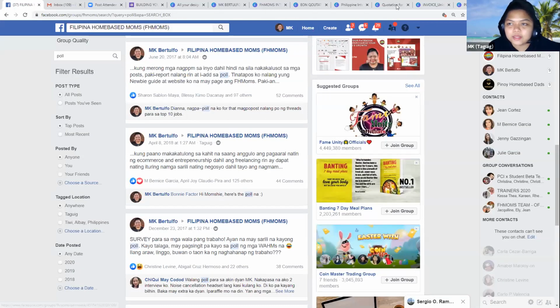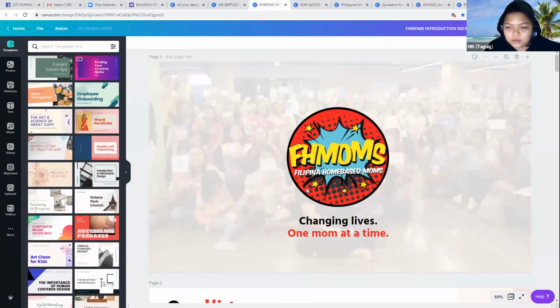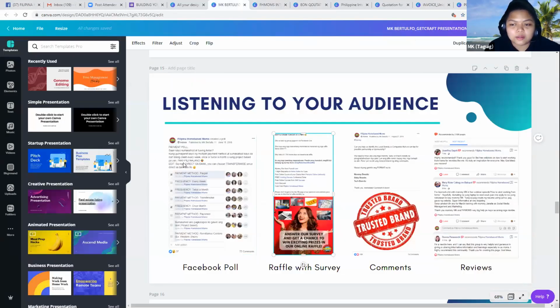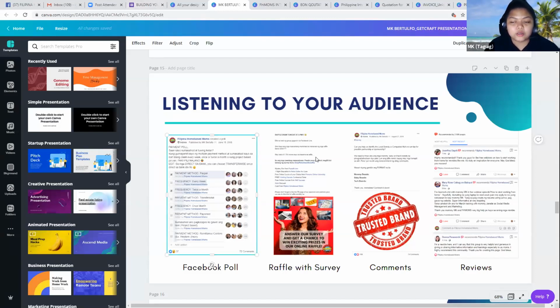Etong sinasabi natin kanina, which is, wait for a sec. Ayan. Etong raffle draw, kapag halimbawa may mga pa-survey kayo, it's good to have raffle na associated to it para ma-encourage lang sila to join, right? So, the reason why hindi natin ginamit tong Facebook poll is because you wanted to gather more insights or more data na makaka-help sa decision making nyo. So either you have a new project, something like that.